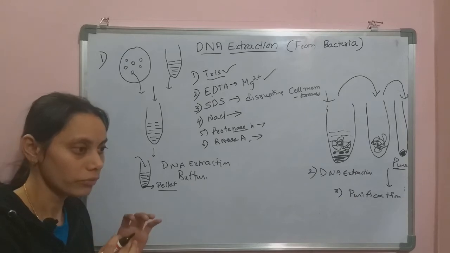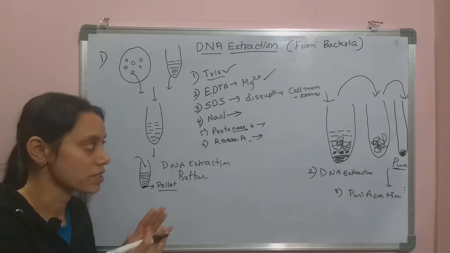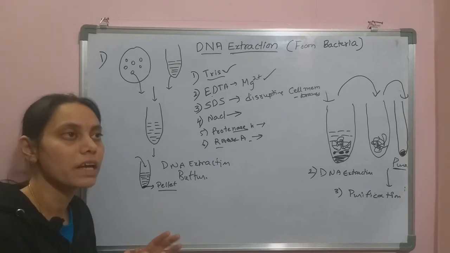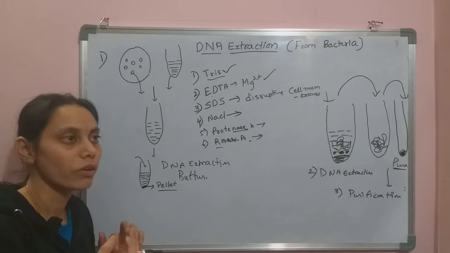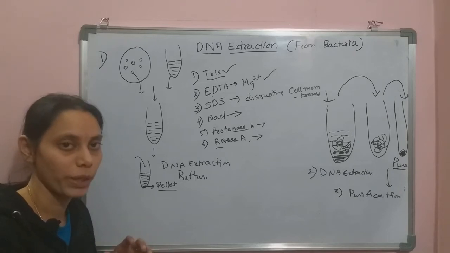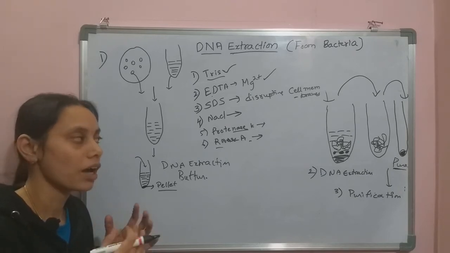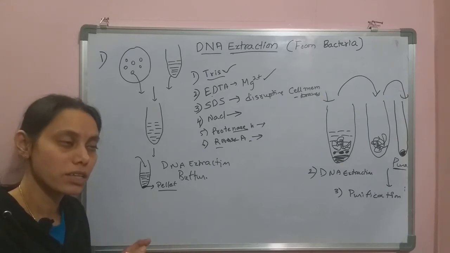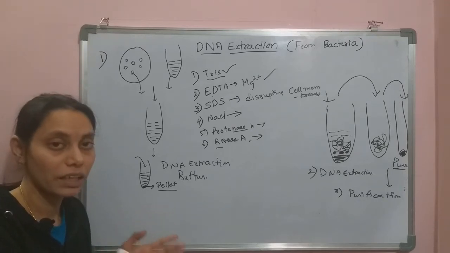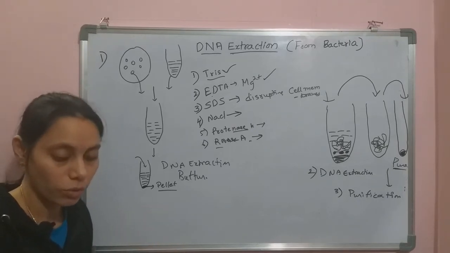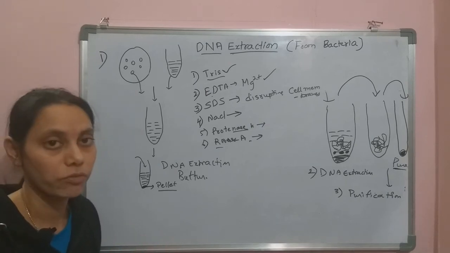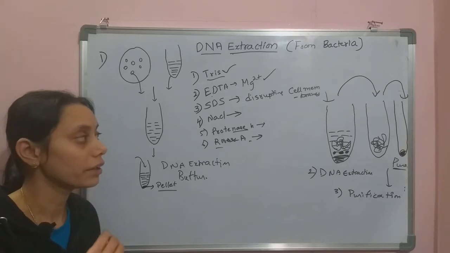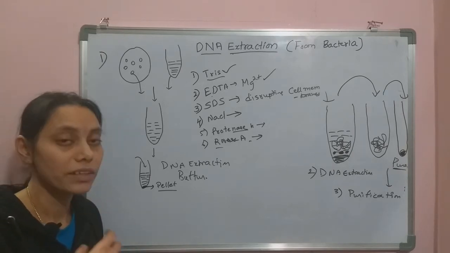Here the RNase enzyme is stable at high temperatures, but DNases are mostly thermolabile. So at these high temperatures DNases will be deactivated, and RNases will remain active, so that RNAs will be degraded. DNA, on the other hand, will be protected. So that is how the DNA extraction buffer works, and it lyses the cell.